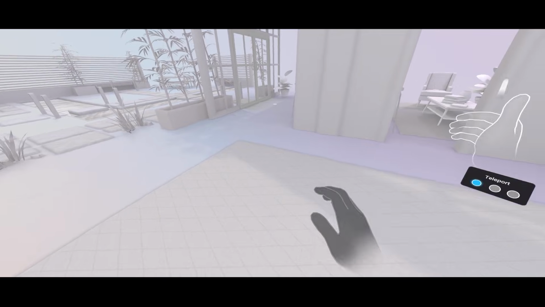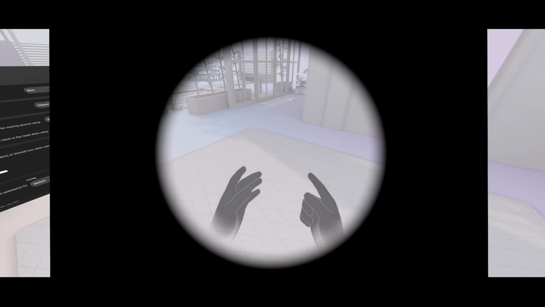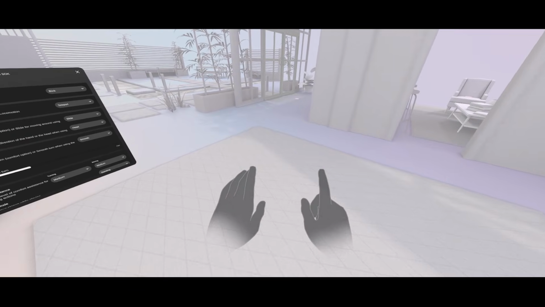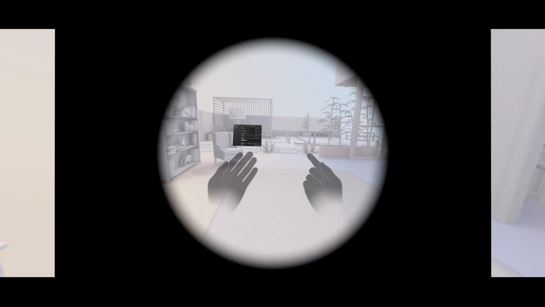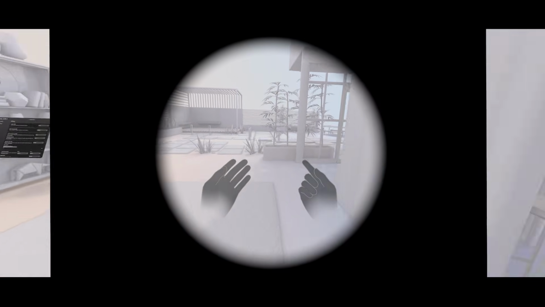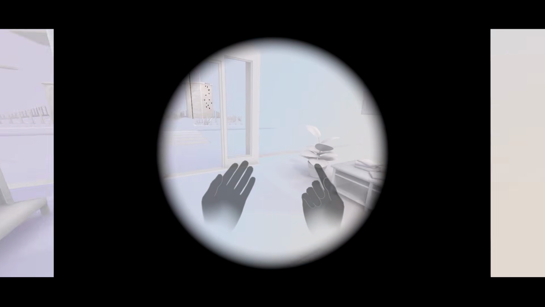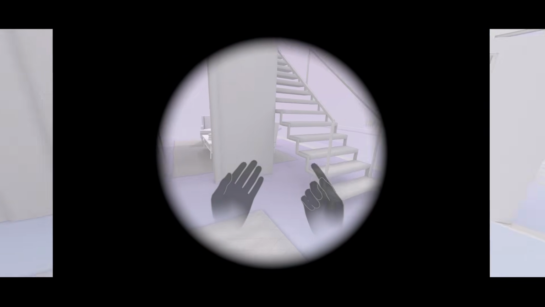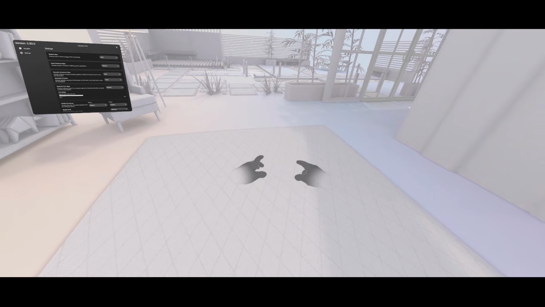Okay, so first thing first, as you can see here, I'm not using hand tracking, I'm using the controllers and I'm able to move with the thumbstick. With the continuous movement, I can move with the left thumbstick, and with the right thumbstick, I can rotate. This is awesome, but of course we are here for the hand tracking, so I'm going to put them on my desk. There you go, now hand tracking is working, and let's get started with our first locomotion system,